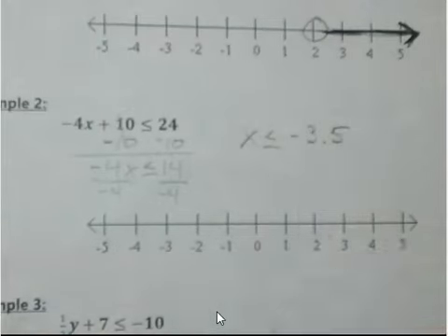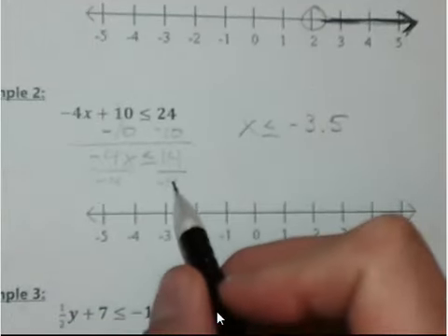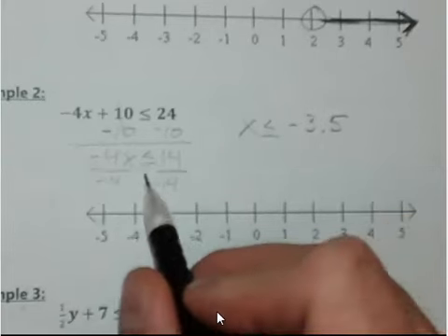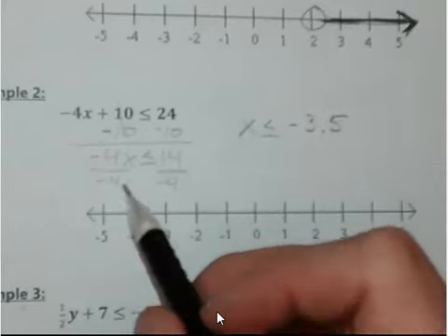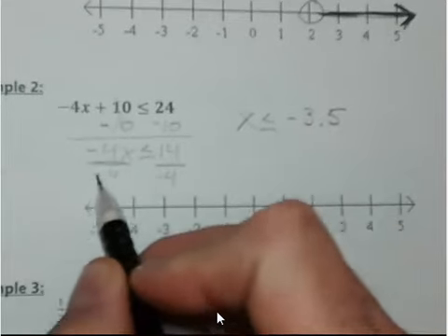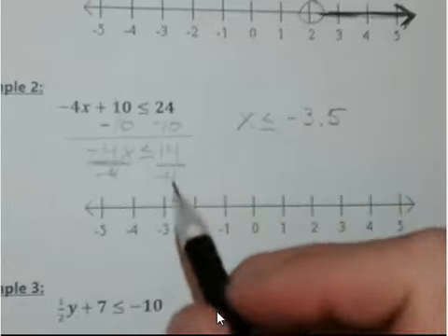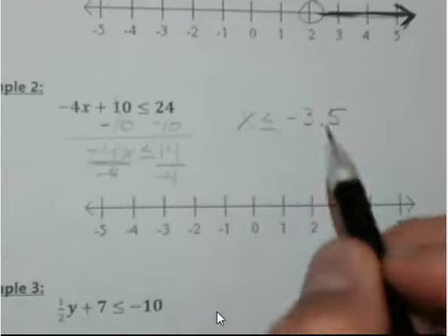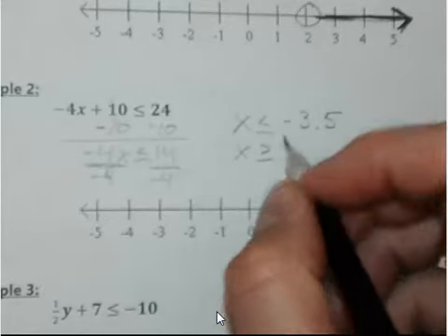But be careful. What I just got is not correct. Because like we talked about last time, when you multiply or divide by a negative number, you have to flip the sign. I divided by negative 4 here as my last step. Negative 4 obviously is a negative number, so when we multiply or divide by a negative, we have to flip the sign. So our answer is going to be x is greater than or equal to